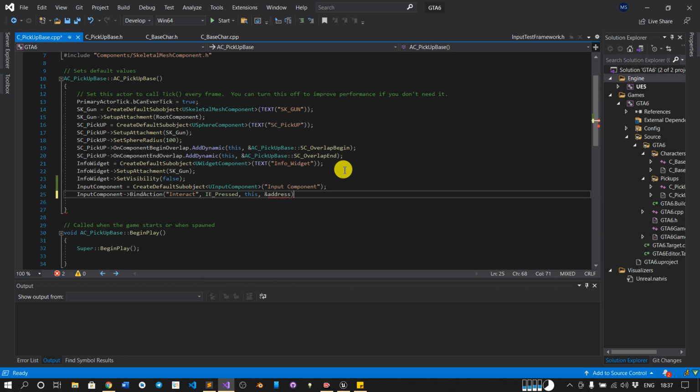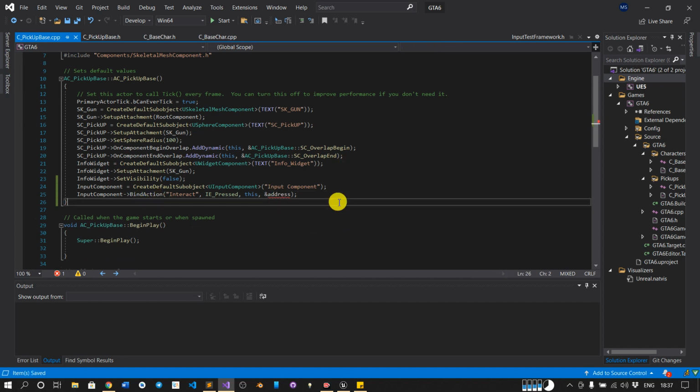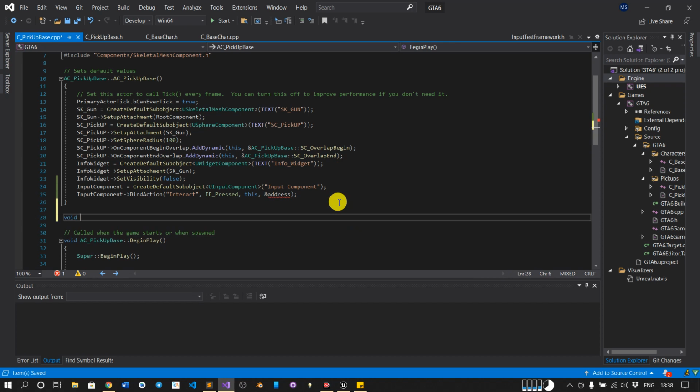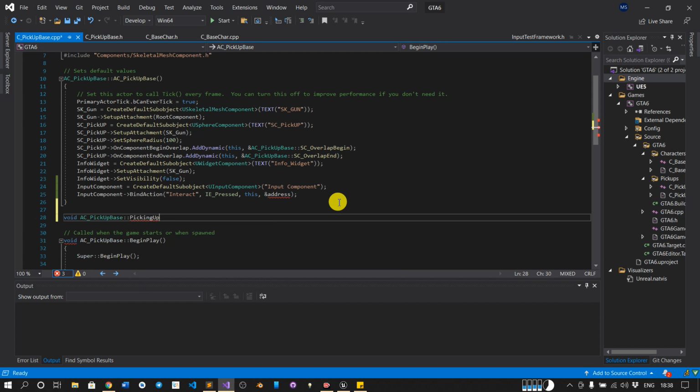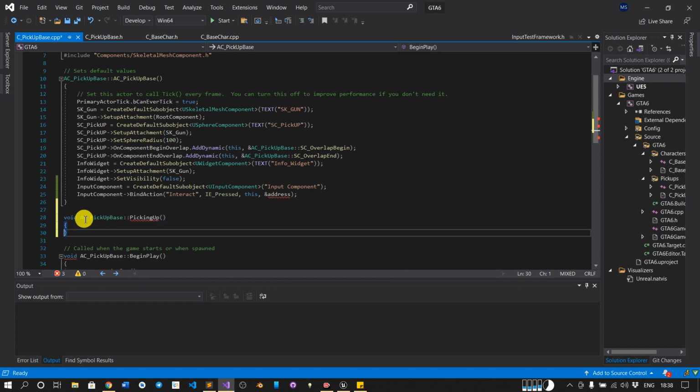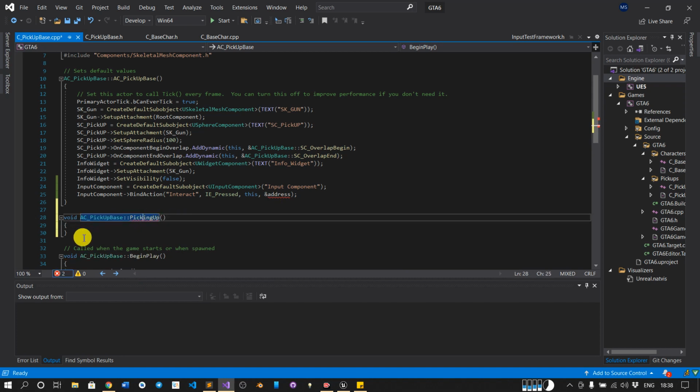So we will create the function first. Let's create a function called PickupGun. Let's create its definition.